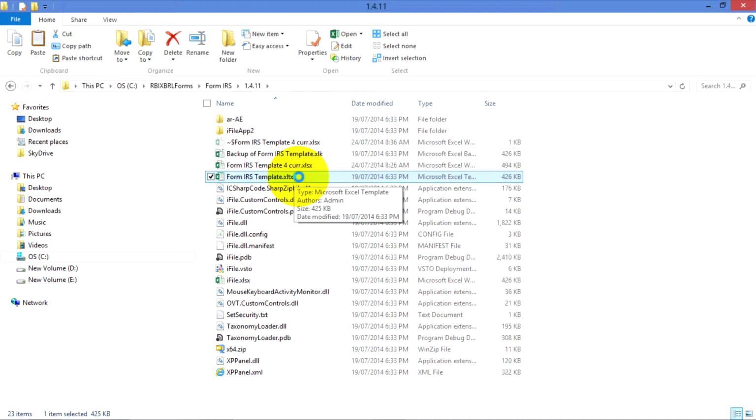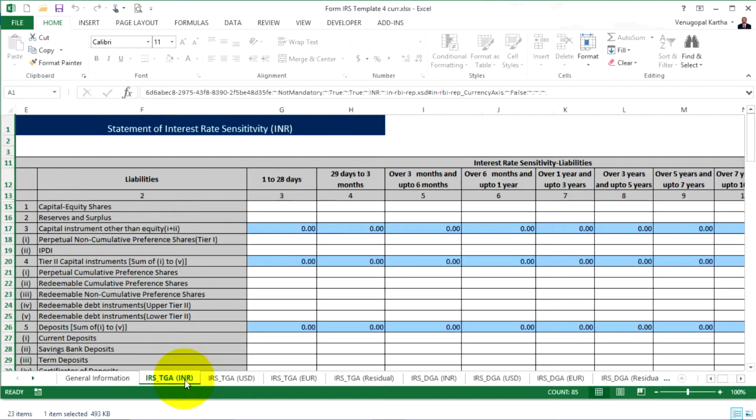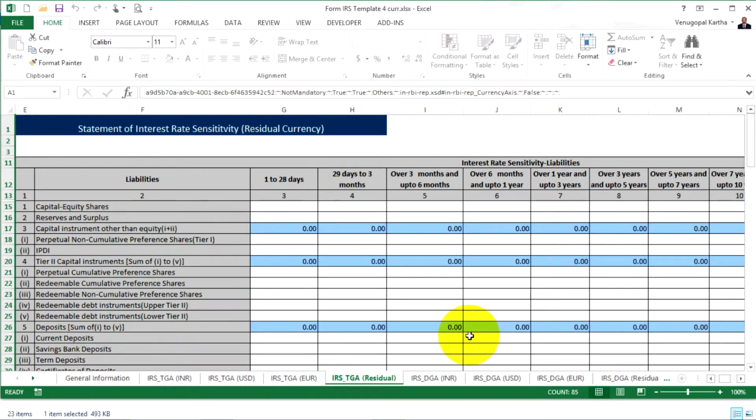When this template is opened, there will be only three default currencies in that. One is INR, second one is leading, and third is residual. Leading, you have to define which is the currency on the screen after opening the Excel. Now for convenience I have made another template from this original template with four currencies, where for INR I have created one, USD I have created one, Euro, and the rest is residual. So if this is created initially, there is no need to again and again create it at the time of opening. So this will be the template for this particular bank where four currencies are involved.